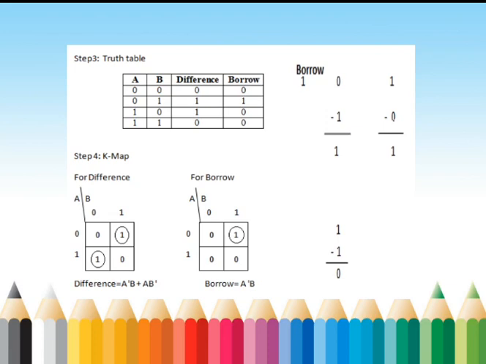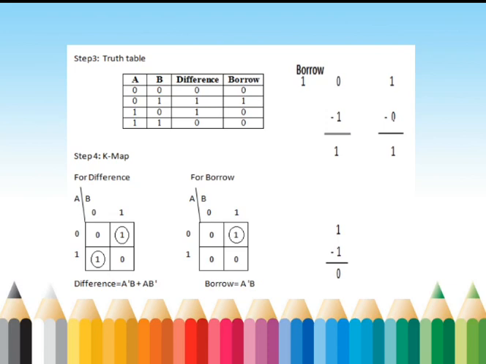So with this, we may observe the difference column. It is enabled only when the inputs are 01 and 10, which is similar to a half adder. By transferring these difference values into a K-map, that is 01 and 10, and grouping individually, we have the expression for difference: A prime B plus A B prime. Similarly, borrow is enabled only when the input is 01. By transferring this borrow into a K-map, grouping this one individually, we have the expression for borrow: A prime B.